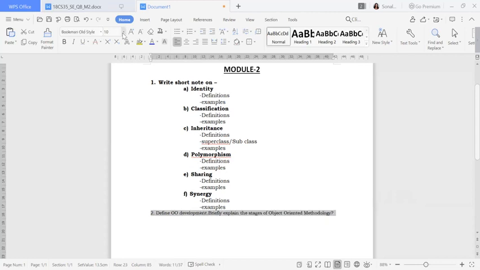Okay, fine. So now what are we going to write in this question? As the question is saying that you should define the OO development, the first thing you are going to write is the definition of OO development.